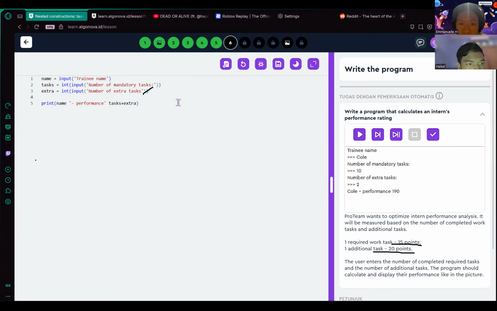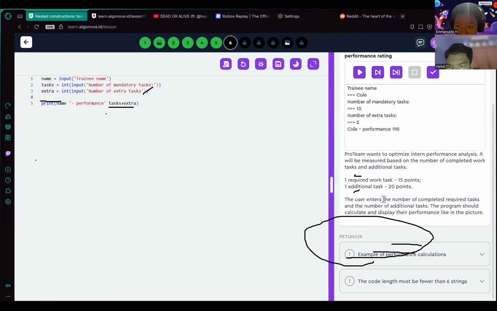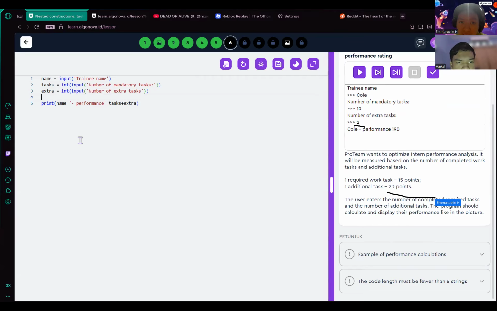So you need to calculate this one, right? Create another variable for that. So don't put it here. For example, 10 and 2, right? The formula is 10 times 15 plus 2 times 20. So there is multiplication. So create the variable here. For example, efficiency or performance equals task times 15 plus,